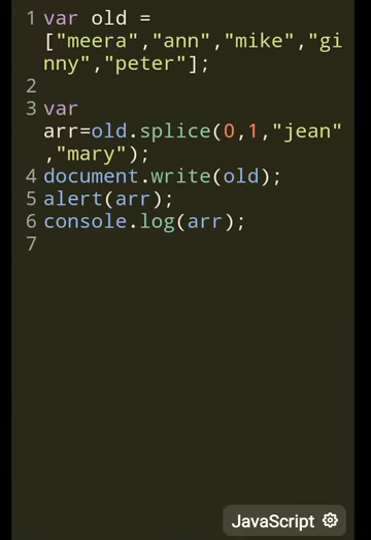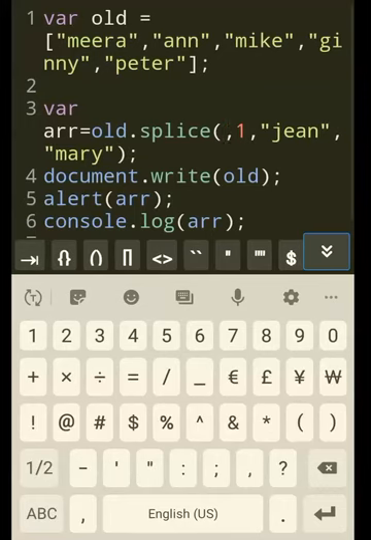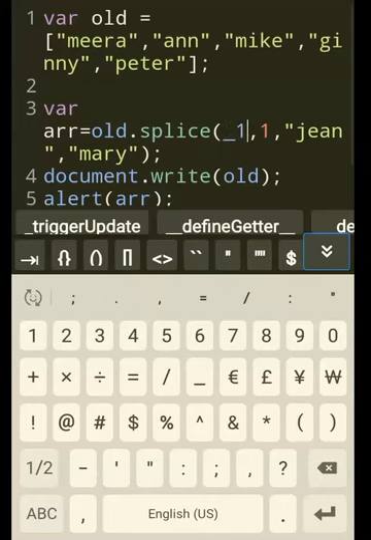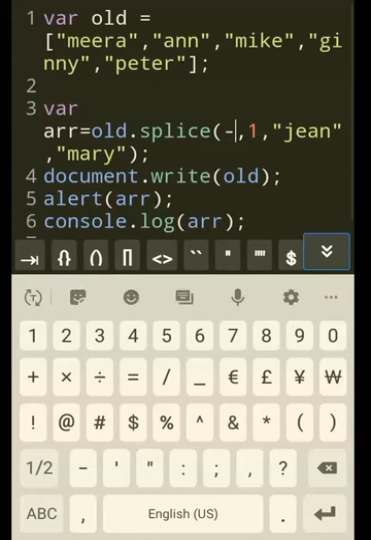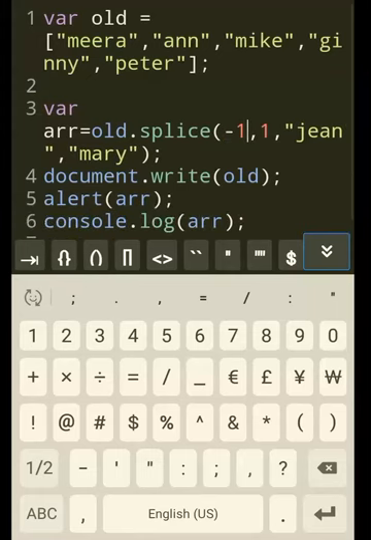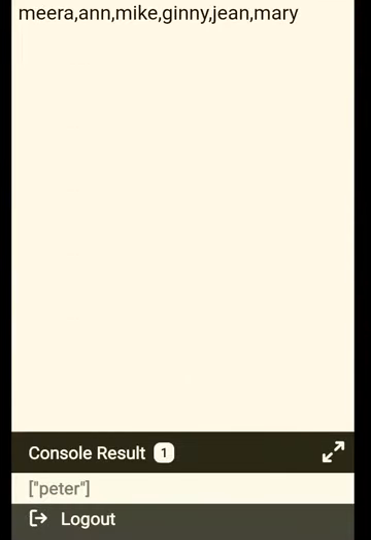What if you do a negative index position? Negative, -1. The change will happen over there. -1 starts in the reverse, right? So at Peter. So this is the new array. It will remove the Peter, or console.log will show Peter.